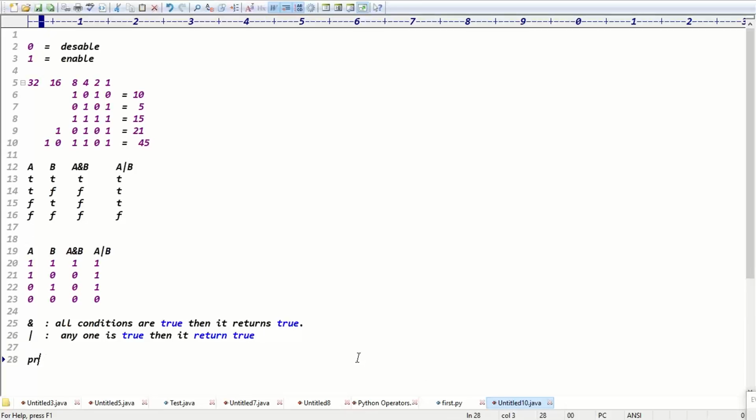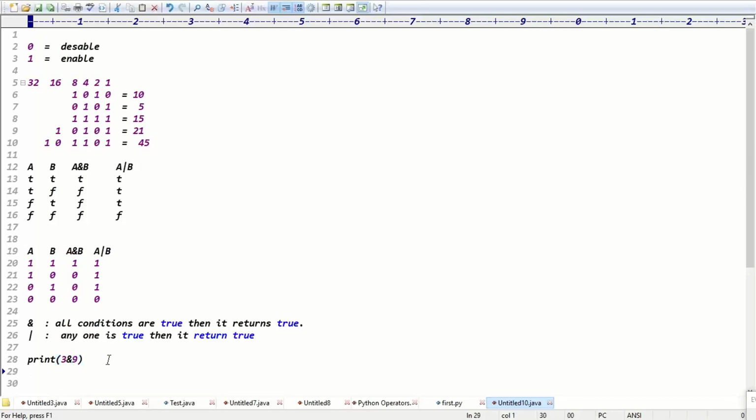Guys, now tell me what is the value for the print of 3 and 9? Guys, what is the value for 3 and 9? I'm asking the value for 3 and 9, which means you write the value for 3, then you write the value for 9. For both, you can apply the AND operation, right? Write the value for 3, write the value for 9, then you can apply the AND operation. Tell me, guys, what is the output now?